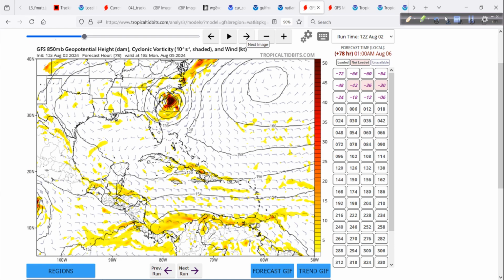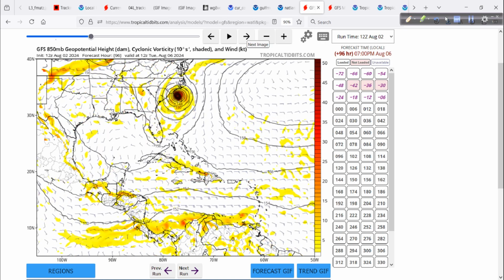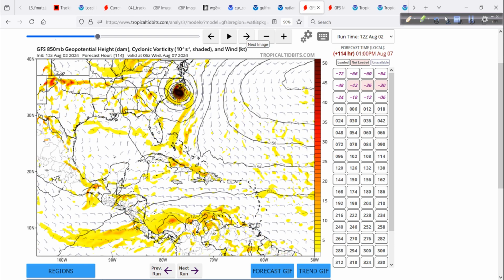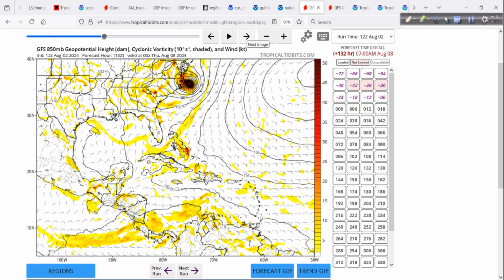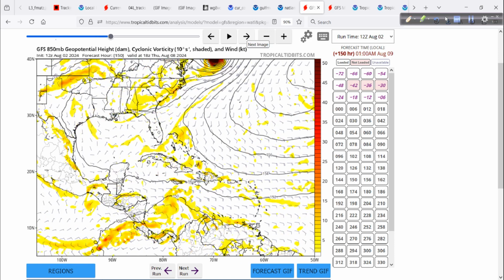It comes up, starts to look much better organized. This is late Monday night, hopefully right about the time I get home, and then I'm going to have to hit the road almost immediately, because this starts to really ramp up there, very slow moving. Let's back it up. The slowest movement looks to start there, about 100 hours out or so, Tuesday into Wednesday, a very close shave, if not a landfall, along the southern Outer Banks there, really piling up the water in the Pamlico Sound. Very, very similar to Hurricane Alex 20 years ago,